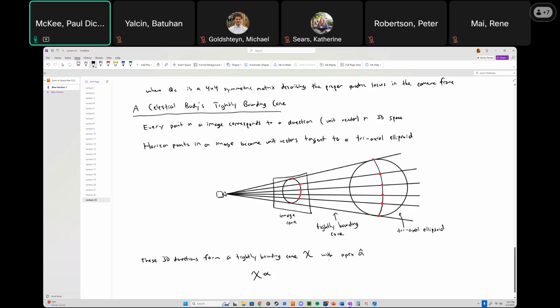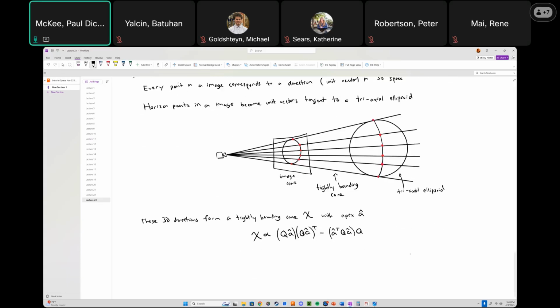So equal signs are tough here, but it's going to be proportional to Q apex, Q apex transpose, minus apex transpose Q apex, which is a scalar, times Q,